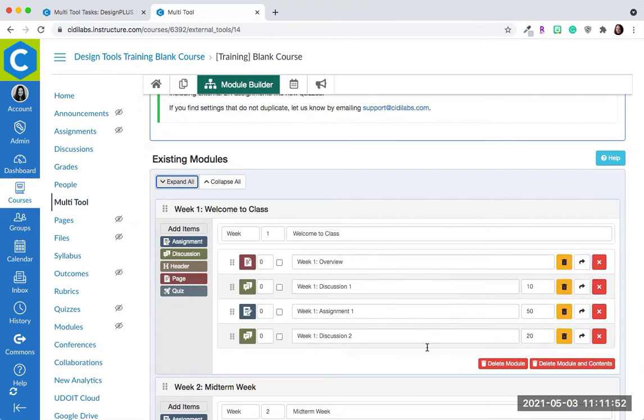It's very easy to manipulate your modules in the module builder. If you were trying to delete a module on the modules page, it will delete the module, but it will not delete the content, which creates a mess in your course, especially for those students who need a streamlined course for accessibility